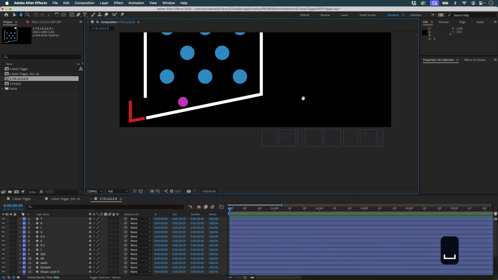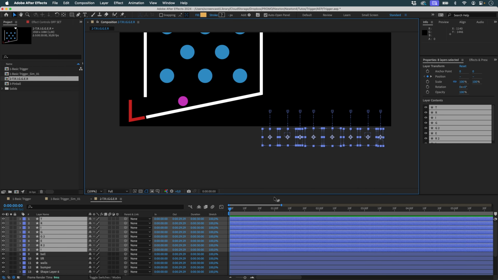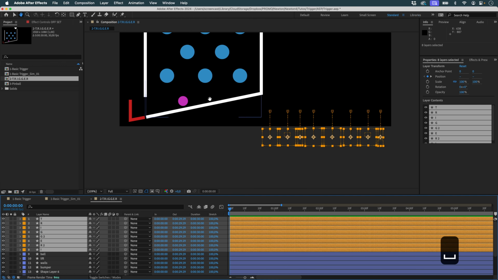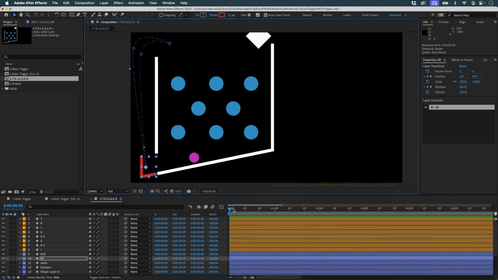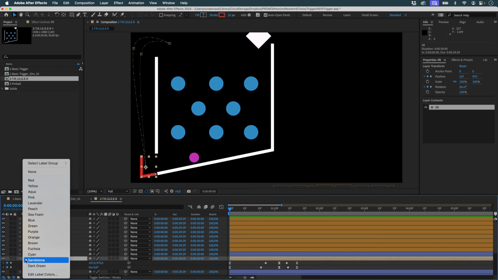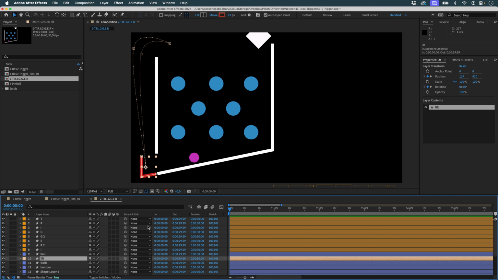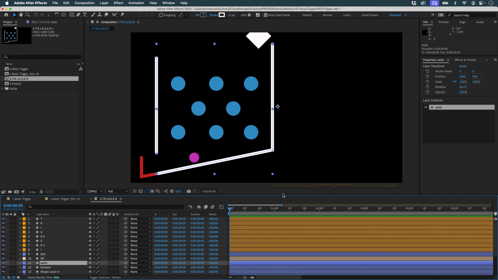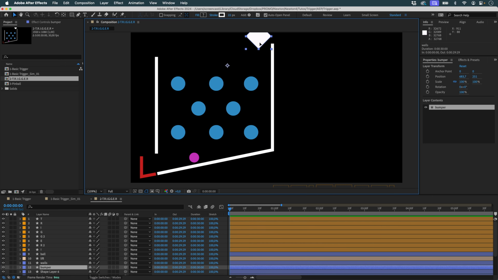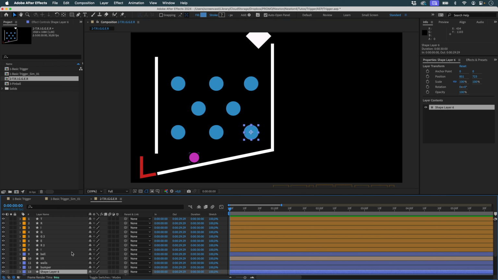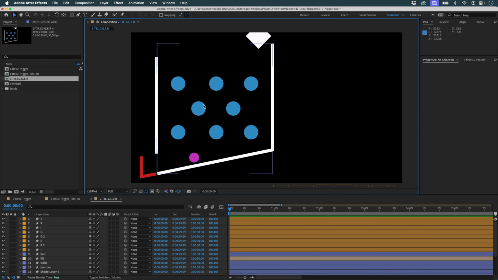So I've got various objects that are animated that go up and down, which I'll label orange to find them. I've got an elevator here. You can see its animation here. I'm going to put it in peach. And then I've got some walls. I've got a bumper here and various objects here that I'm going to use to trigger my letters.